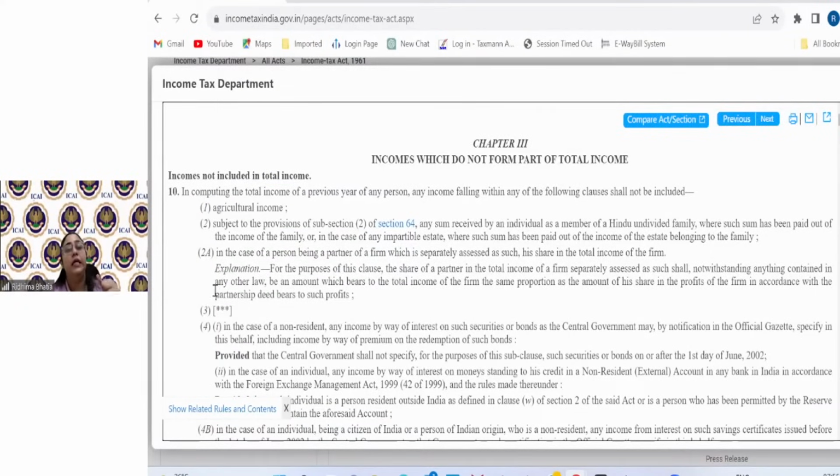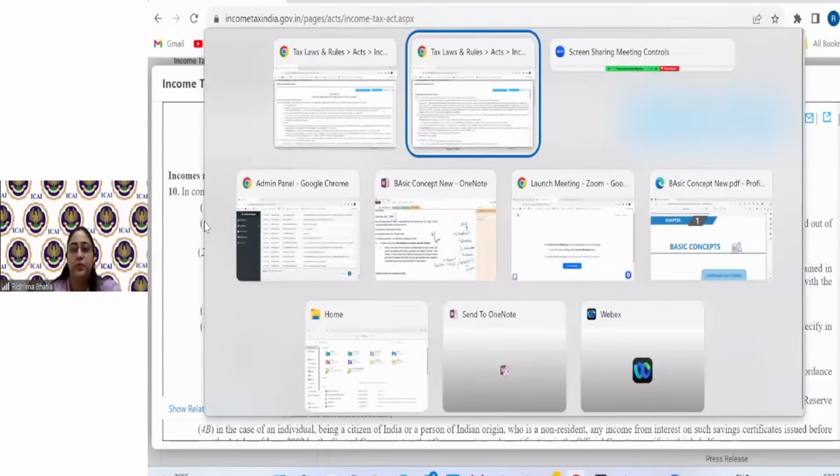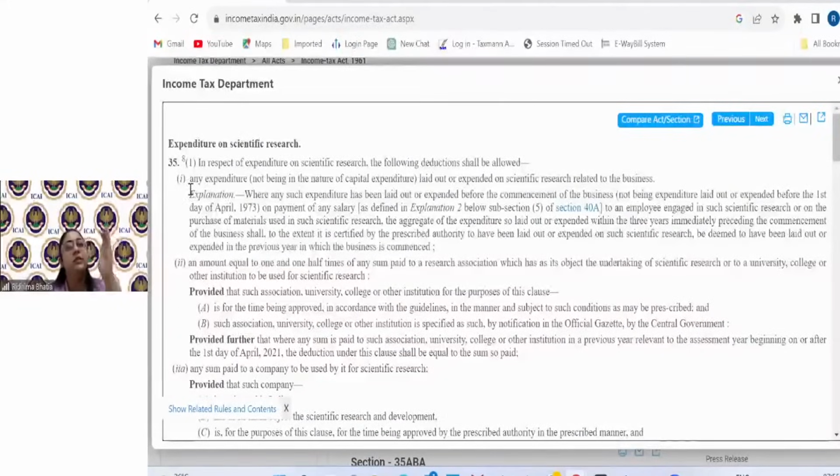So if they are not related, sorry. So if a section has paragraphs which are not related to each other, has parts which are not related to each other, they are called clauses of the section. Okay. And if a section is divided into different parts and they are related to each other, they are called subsections.